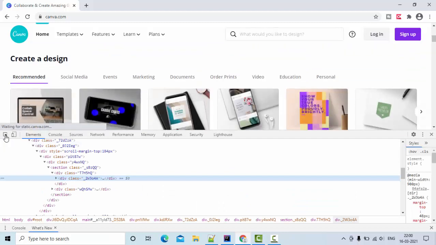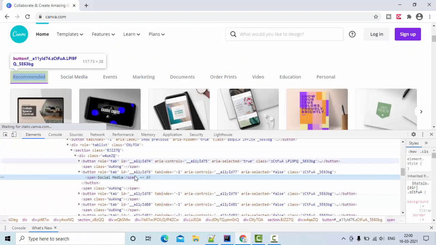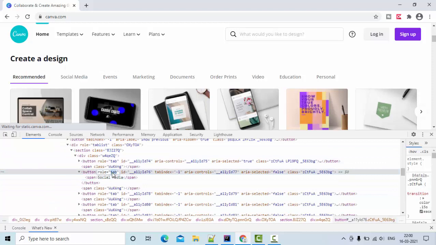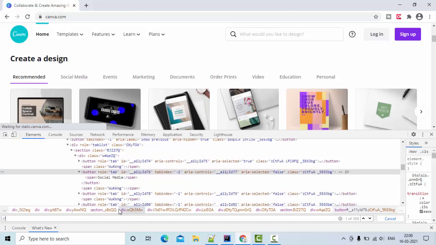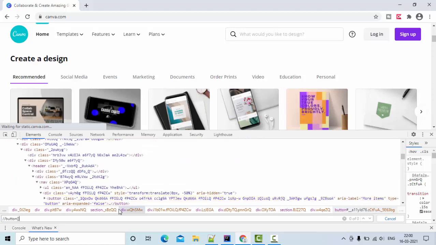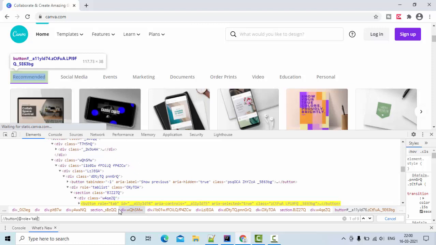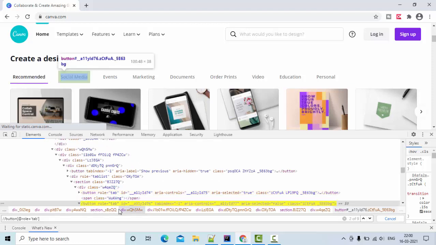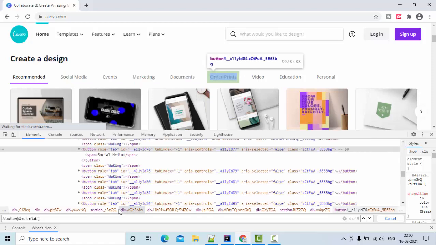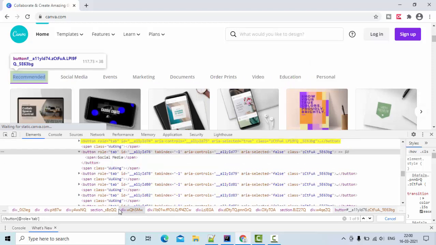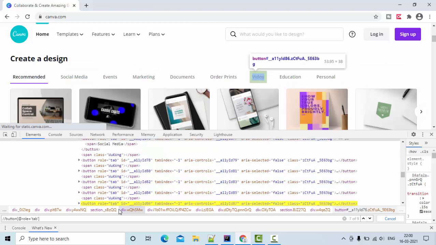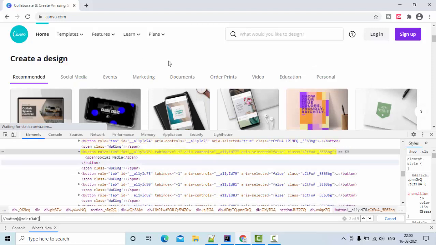Here if you see, let me try to highlight one element here. Yeah, so I am writing one customized XPath which is like this. So if you see, when I highlight it, there are 9 elements. So from here what I'll try to do is display all these elements, and I'll click on the element called documents, and let's see how we can implement this from scratch.